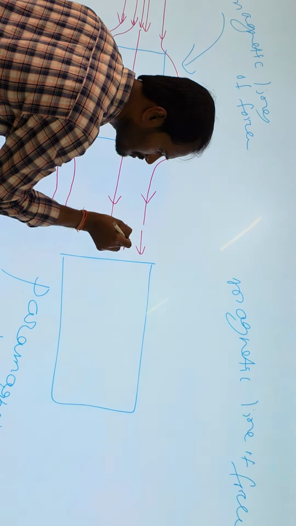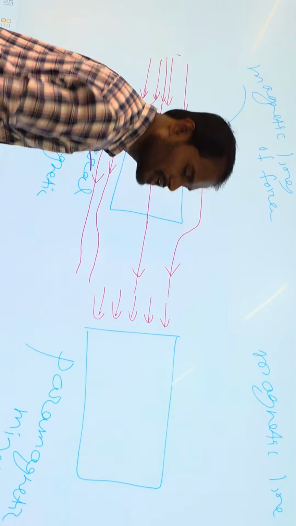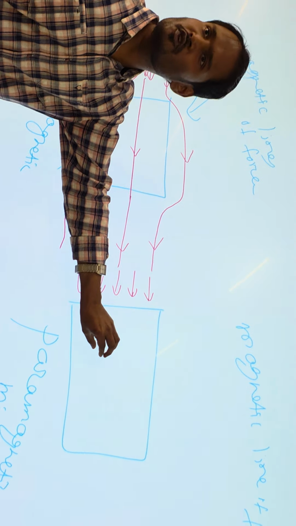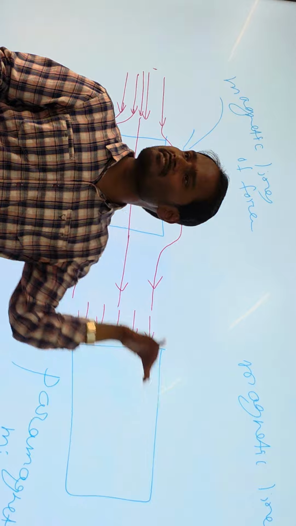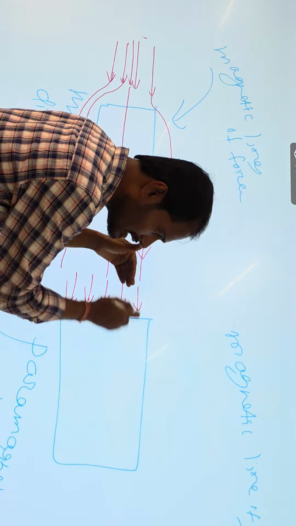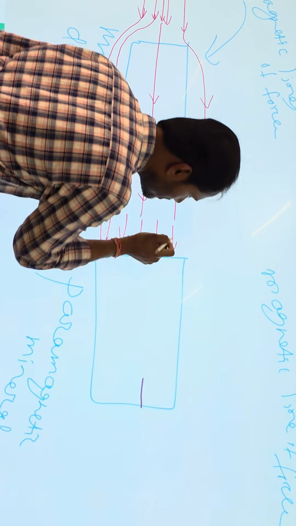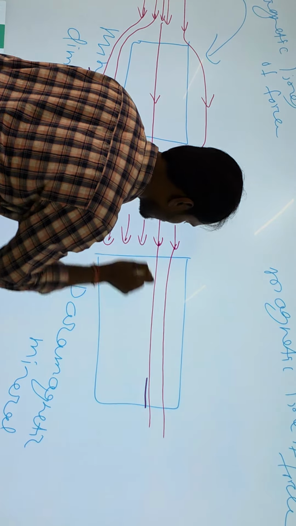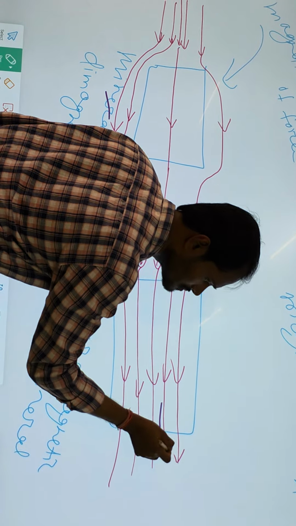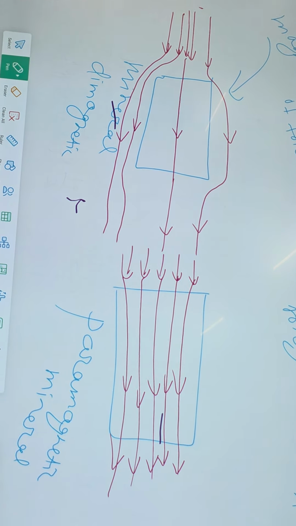Otherwise, the same magnetic field you are applying here, for example, on the paramagnetic one. So what will happen? They will just pass through the mineral. That means whatever domains are there will be oriented in the same direction as the applied magnetic field. This is the applied magnetic field direction. So all the domains will arrange themselves in this direction only. So finally, the lines will all pass through this. So it will come out. The same thing will happen for ferromagnetic also. They will all converge. Right. These are the things.